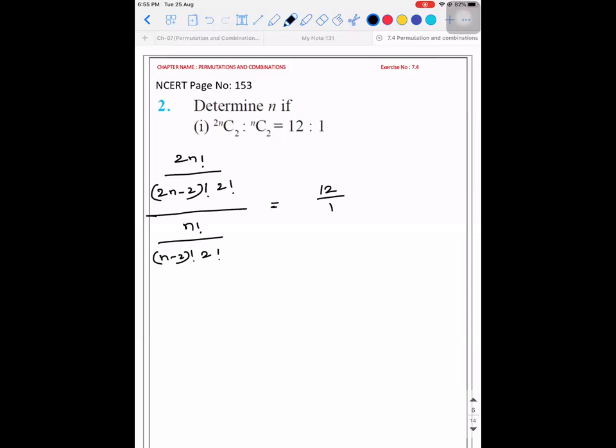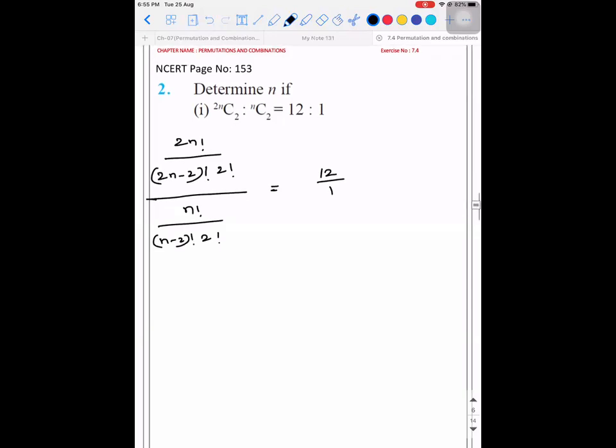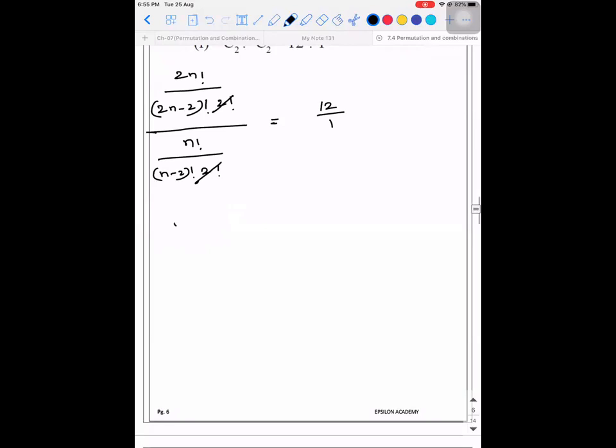Is it right? So how to solve this? So what will get cancelled in the first place? 2 factorial and 2 factorial are gone. So 2n factorial into